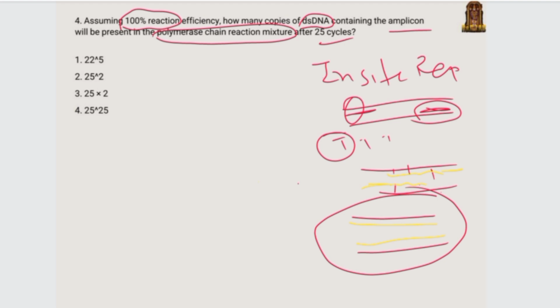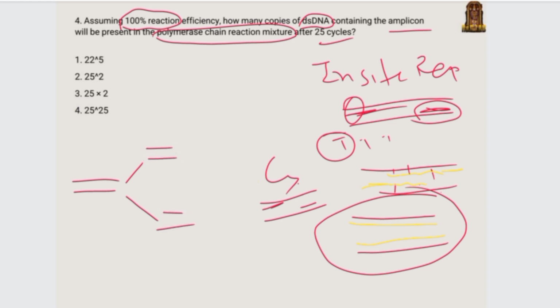So there you give a specific heat that will come and melt the hydrogen bonds, and thus they will produce the single stranded DNA, and thereafter these primers will come and will run the replication. So if there is a single DNA molecule, in a semi-conservative model, it will convert into 2 DNA